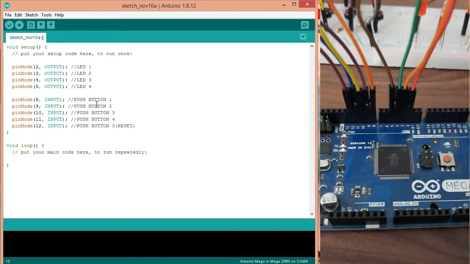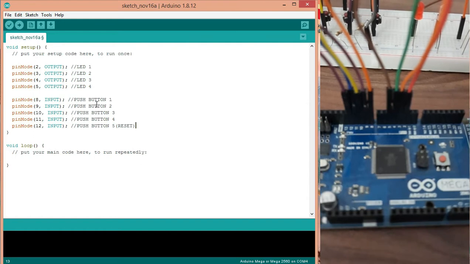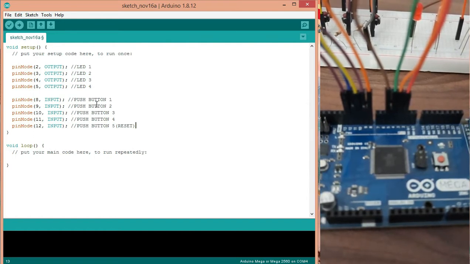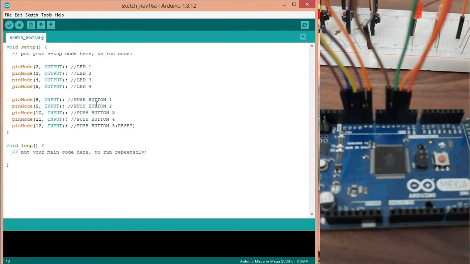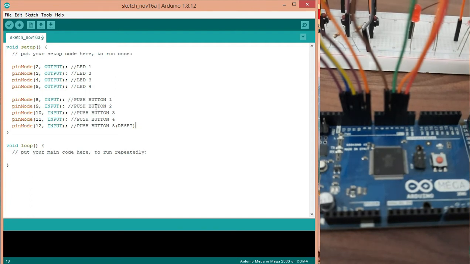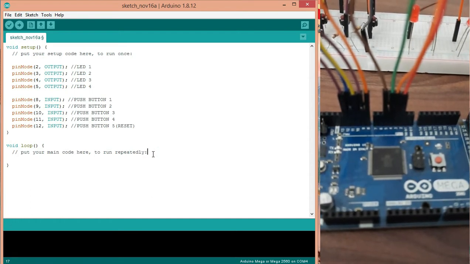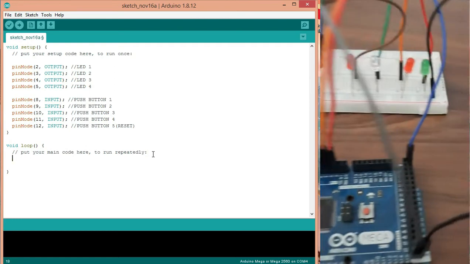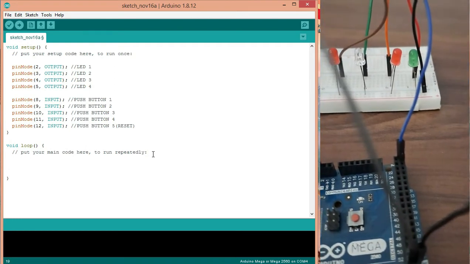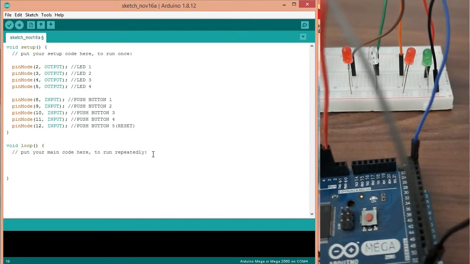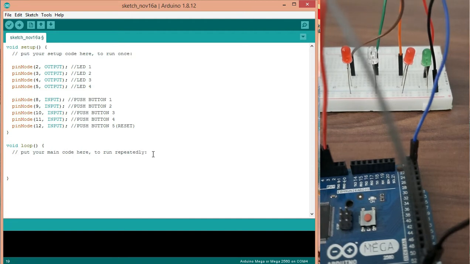Now, as per the logic, we have to press push button 1, and after a delay of 5 seconds, LED 1 must turn on. After LED 1 is turned on, we will press push button 2 and LED 2 will be turned on. When the first two LEDs are on, only then will the third be on, and before that the fourth cannot be turned on. So after 1 and 2, the third will be on, and after that the fourth. For the third and fourth we are not using any delays in buttons 3 and 4.